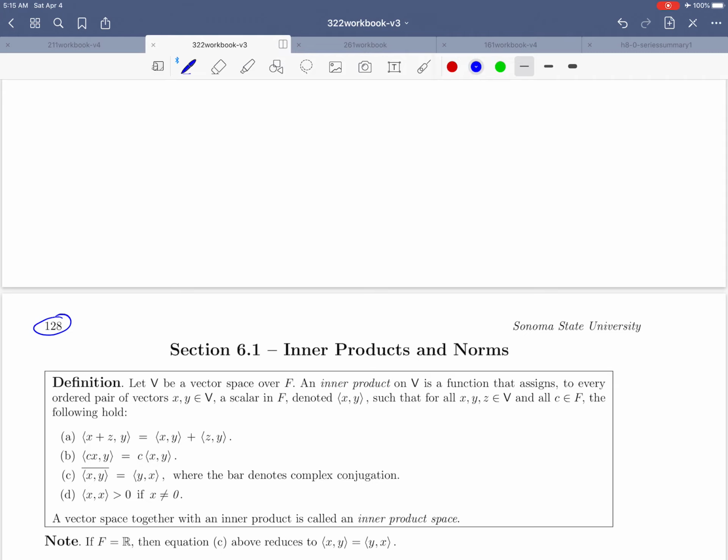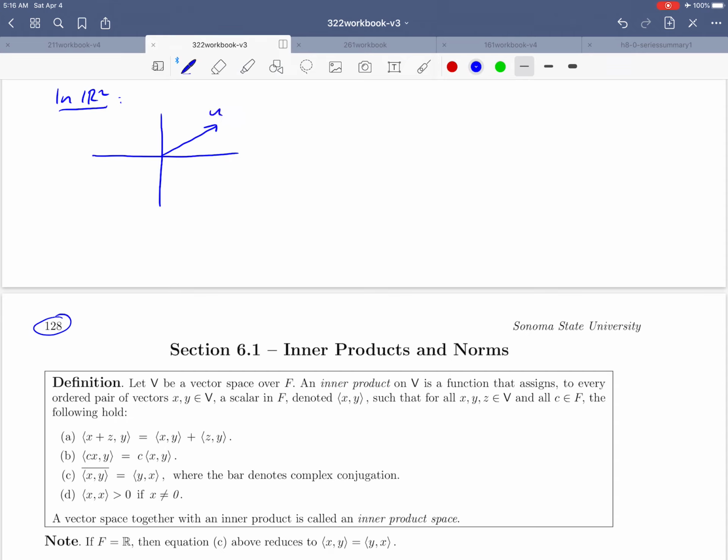So let's think back to one of the nicest vector spaces that we've talked about so far in this course, R2. One of the things that's nice about that vector space is that there's sort of a geometry that we can think about when we think about vectors in that space. For example, without picking a specific vector here, if I just pick an arbitrary vector in R2 and call it U,